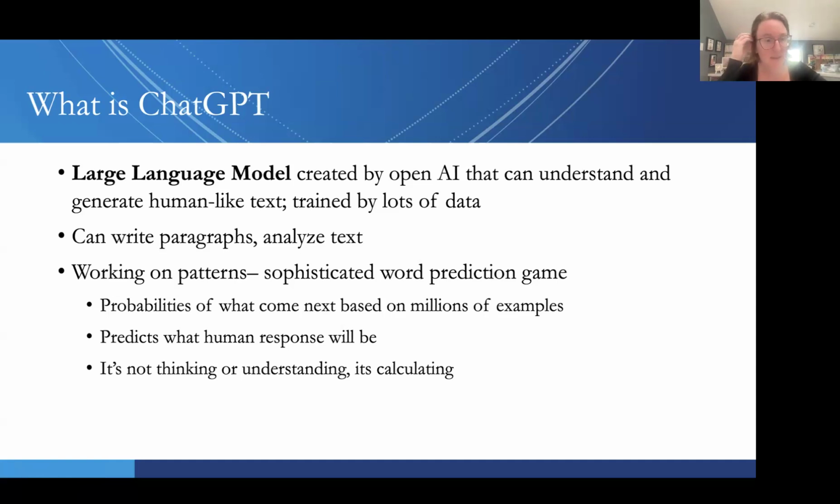So essentially, the way that these work is that it's doing calculations. It's not thinking, it's not understanding, but it's calculating. Based on the language that you're putting in, it predicts what the next human response would be using billions and billions of examples of data. And again, I'm not an AI expert, but it's really realistic and you can have really good conversations back and forth. And it sure feels like it's thinking. But when you read about what ChatGPT is actually doing, it's just a bunch of statistical modeling and prediction tools based on the data that it's been trained on.